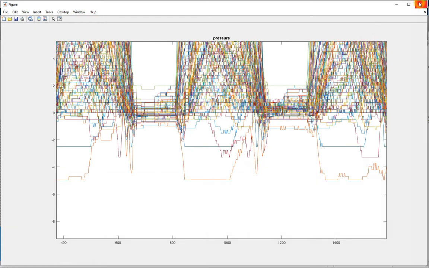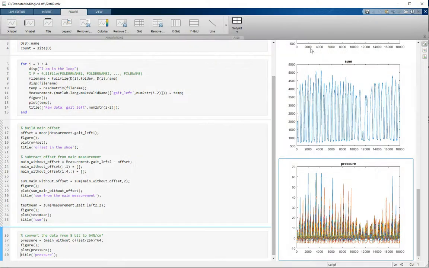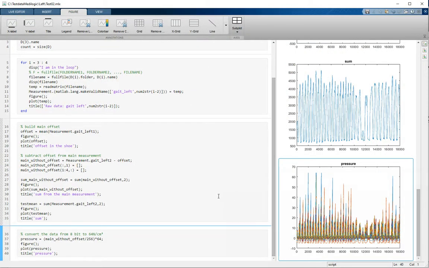That's due to the offset measurement. Good, come back to the main script. We now have pretty much done from the workflow, so we have subtracted the offset, we've converted the measurement data, and the next point is to